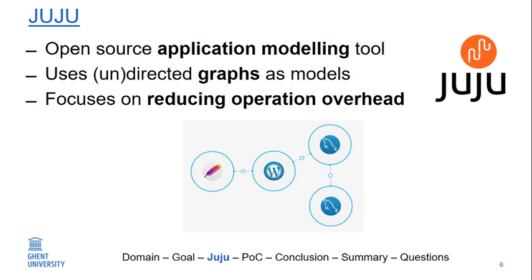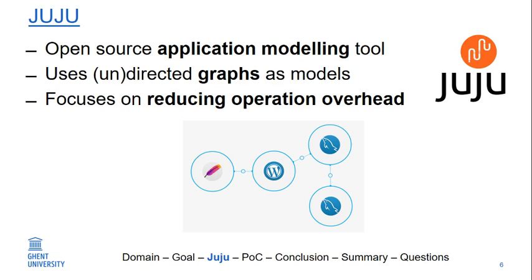So in this example, Apache is acting as a reverse proxy, and we have a WordPress connected to a MySQL slave and a MySQL master. In this example, WordPress actually needs a database to work with. So it needs something, and MySQL doesn't necessarily need something to work with, but it provides a database. So adding a relation between WordPress and MySQL is just like puzzle pieces fitting together. They are sharing an entity called a database.